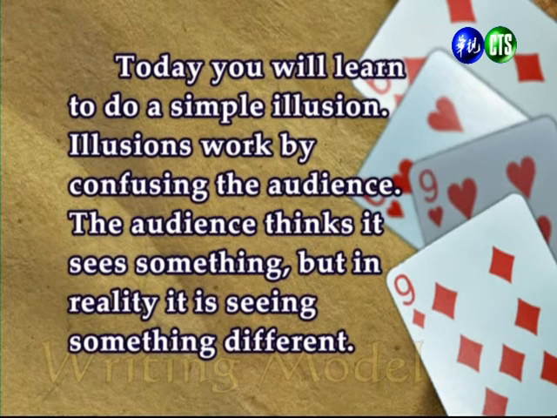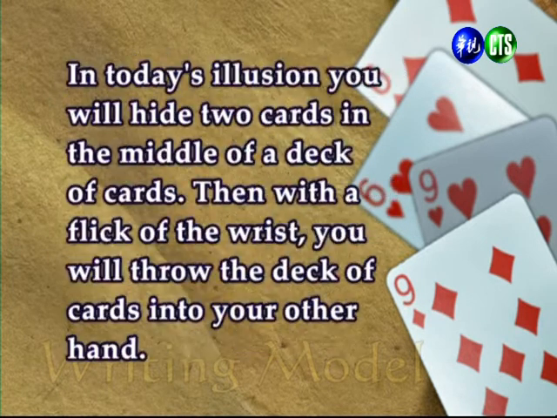The audience thinks it sees something, but in reality, it is seeing something different. 今天你会学到制造简单的魔术幻象。成功的魔术幻象是经由混淆观众则造成的。观众认为他看到的东西和实际上并不相同。